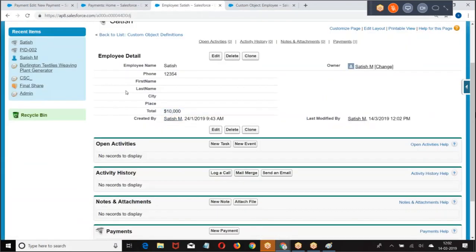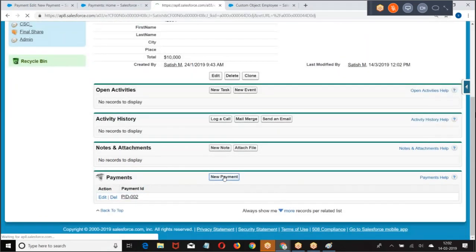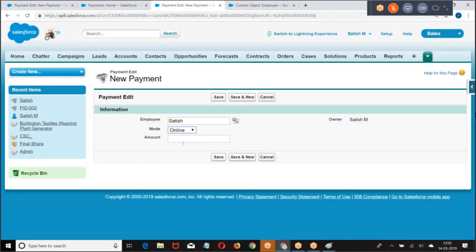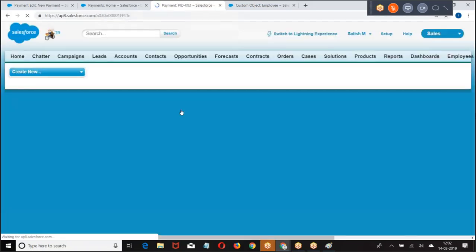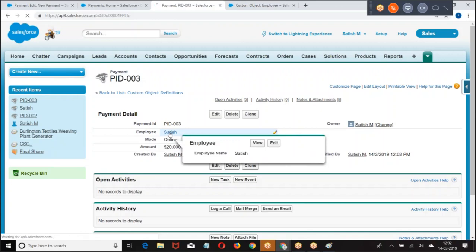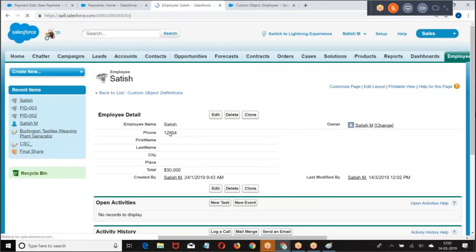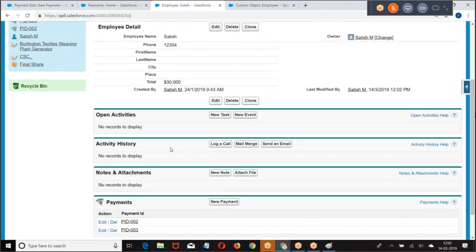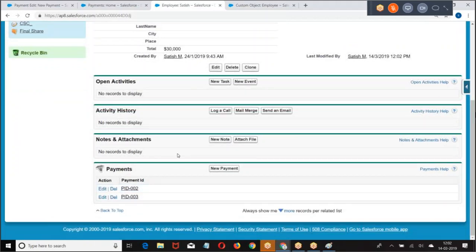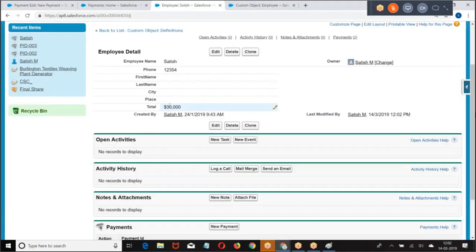What is the total we got here? Employee 10,000. Go to payment. So whenever you make a new payment, identify who is your parent. Go and add the payment to the parent: 1,000, 10,000, 20,000. We are getting the total. Whenever a payment record is inserted, identify who is your parent, add it.